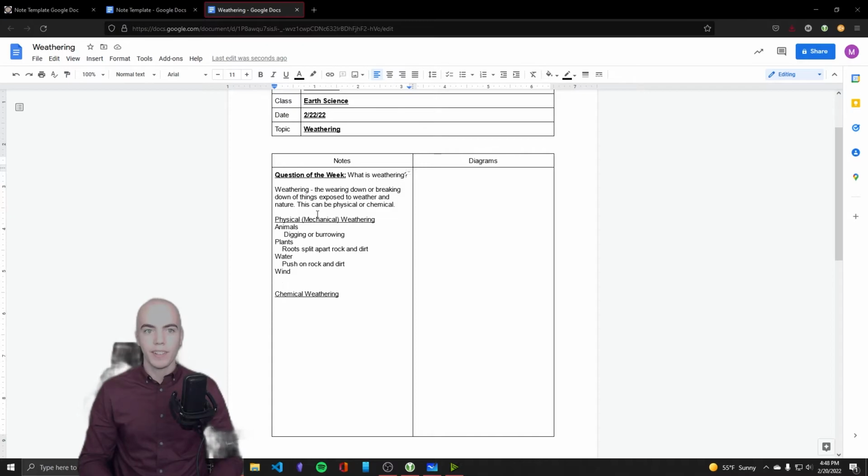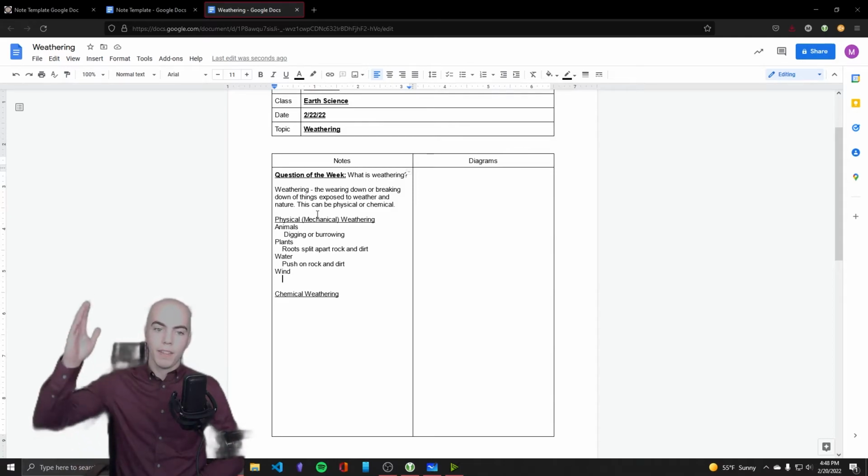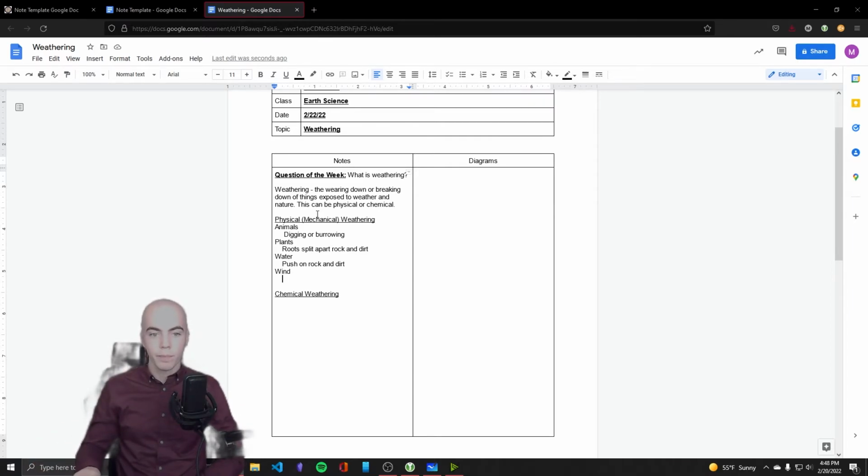All right. Well, in our example of the mountain, it's pretty windy up there at the top. In fact, a lot of mountains are above the clouds. They're peaks. They're above the clouds. So how could it be rain that's tearing down the top of a mountain? It's wind. It's been experiencing all of that water because it started at the base, right? And then it got further and further up. But at the very top, when it finally gives way, finally erodes away, finally weathers away, that's the wind. So the wind pushes on rock and dirt. And if it's weak enough, it'll move.